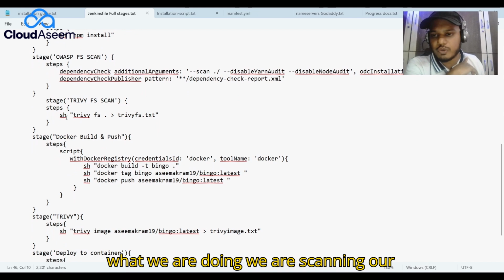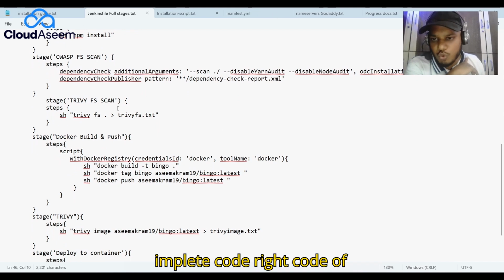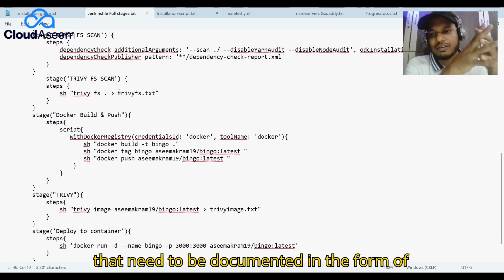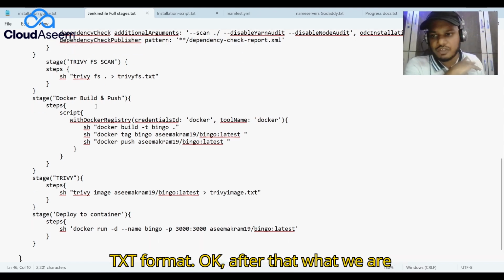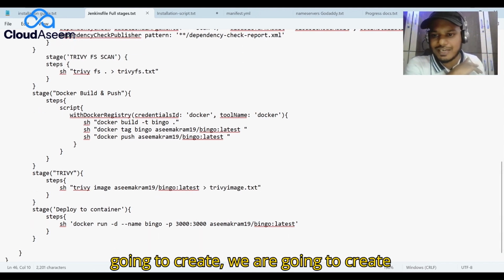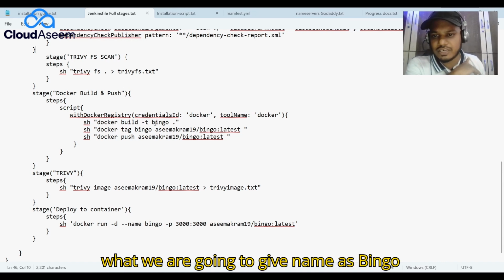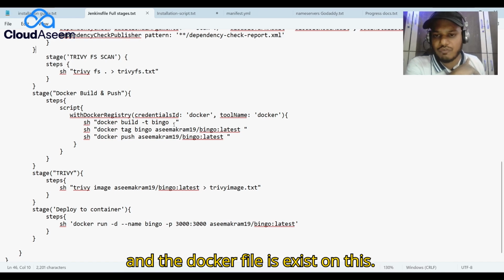Then afterwards what we are doing, we are scanning our complete code, right? Code of the GitHub repository, right? And whatever vulnerabilities we find need to be documented in the form of .txt format. Okay, after that we are going to create one Docker image. For the Docker image we are going to rename it as bingo, and the Dockerfile exists